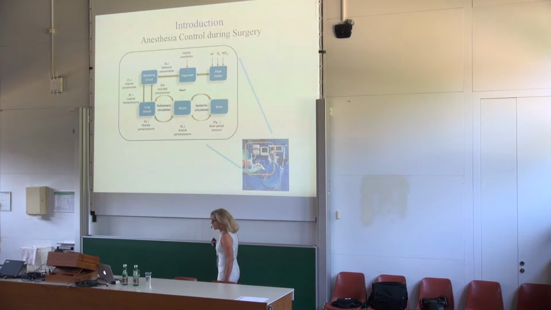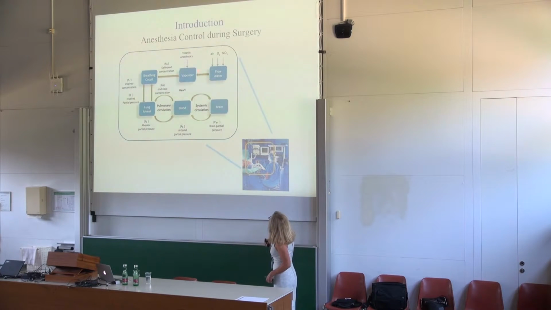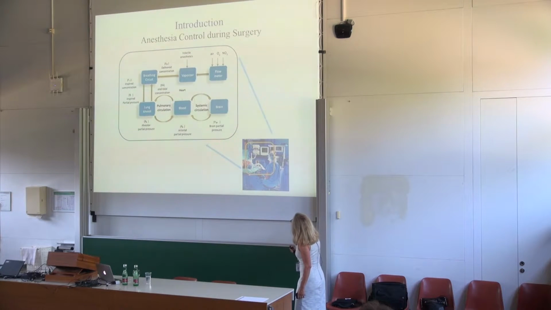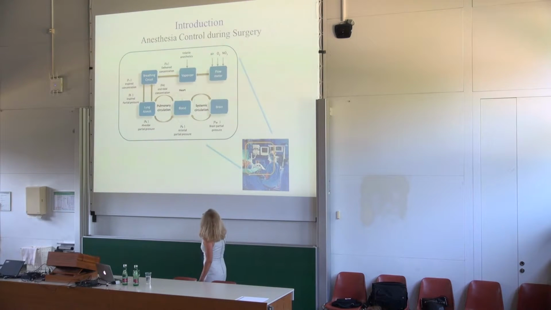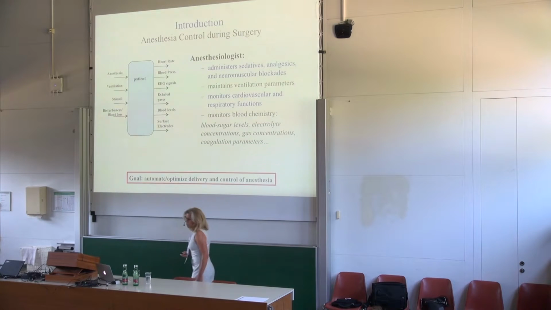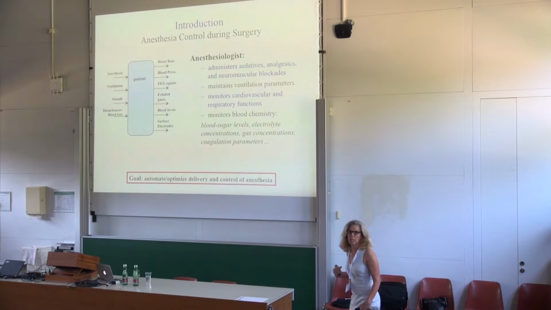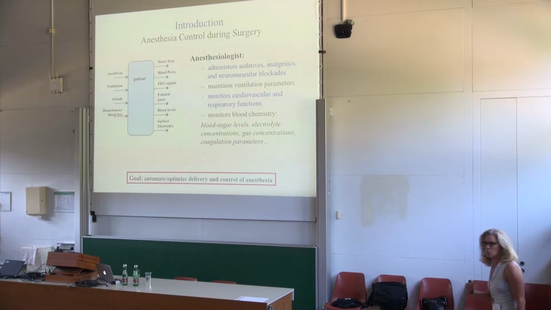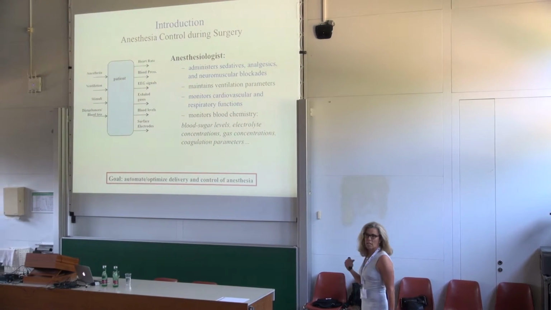So we tend to think of these block diagrams, and this top row represents really the instrumentation, which may be fairly accurate. They're engineered systems. The bottom row of blocks here represents a patient. It's really not that clear that we have such a simple delineation of subsystems in the patient. So what does the anesthesiologist do exactly during surgery? Well, we all know the anesthesiologist is responsible for administering all of our anesthetic agents. These include sedatives, which is the drug we focus on, but as well analgesics, that is the painkillers,